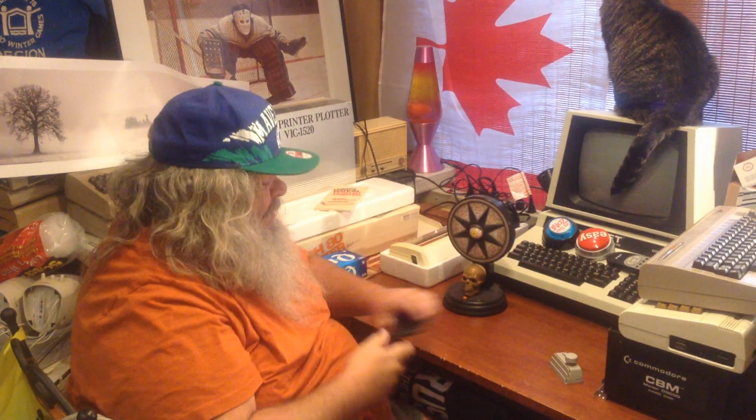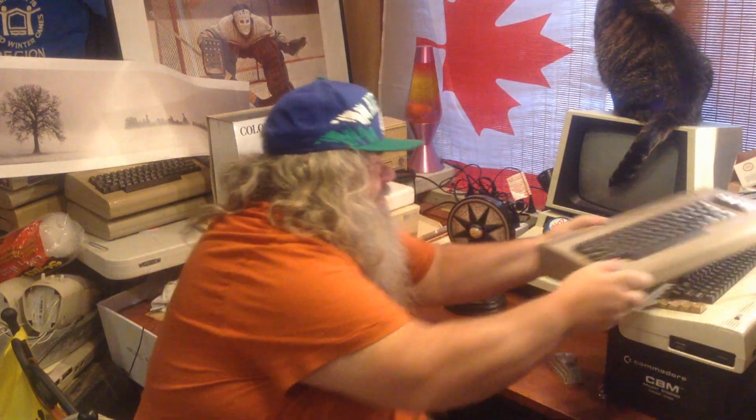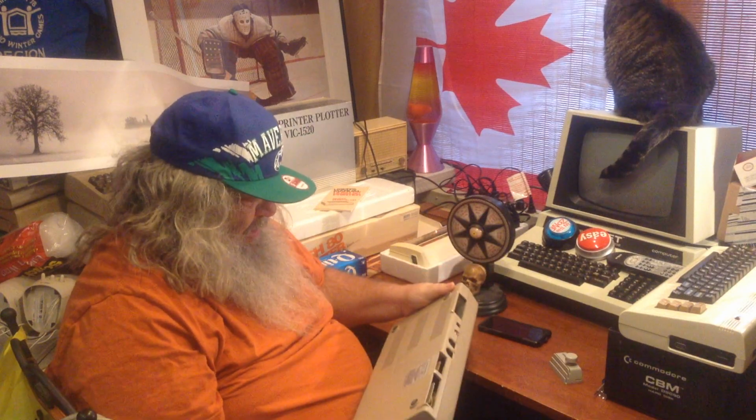Anyway, so I have much to do. As I was looking through this one box, I was like, oh, there is so much stuff in here. Yes, indeed, I have much to go through, including, this is a Commodore 64. I'm not sure you can see this. It's the Commodore 64. I got it in